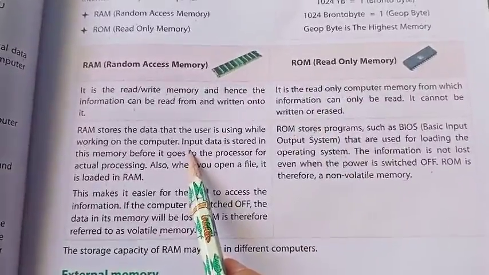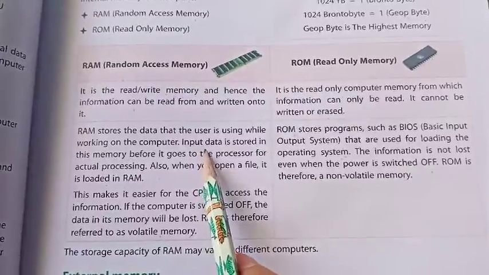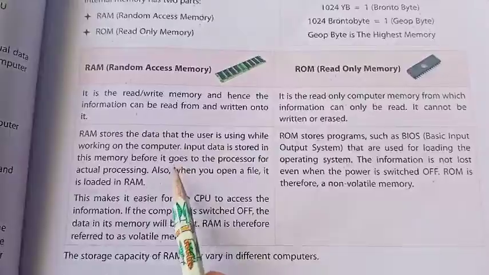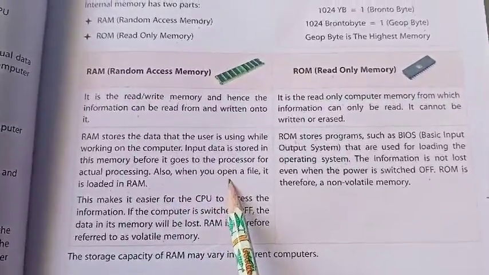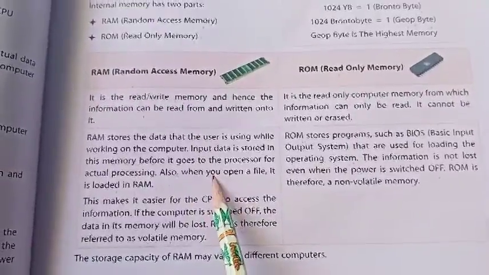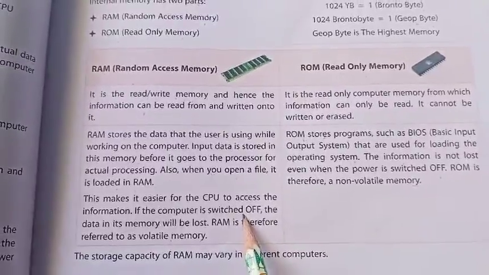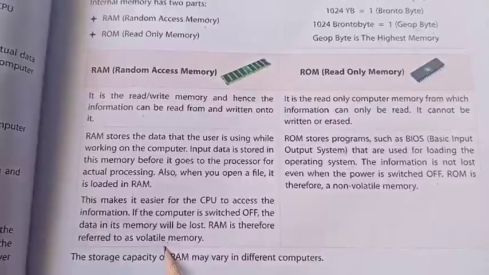ROM stores the information from the manufacturer. And anything that opens up on the system first gets opened up into the RAM. So here you can write, but whatever is written onto this gets erased as soon as we switch it off. So this is a temporary memory, and we also call it volatile memory.